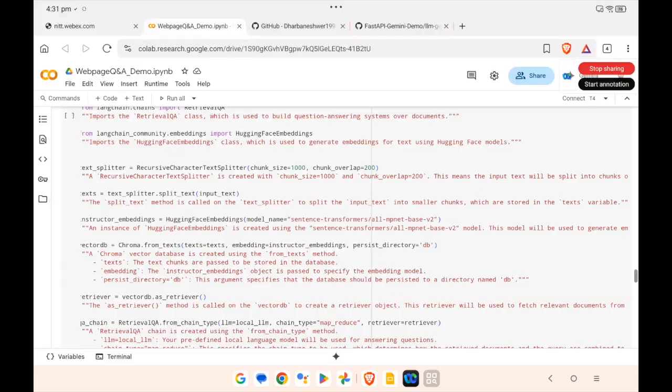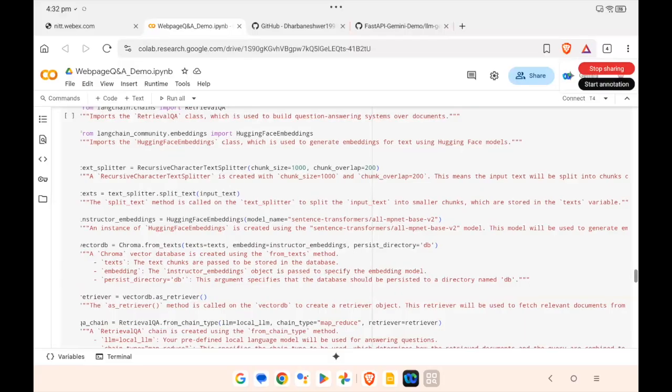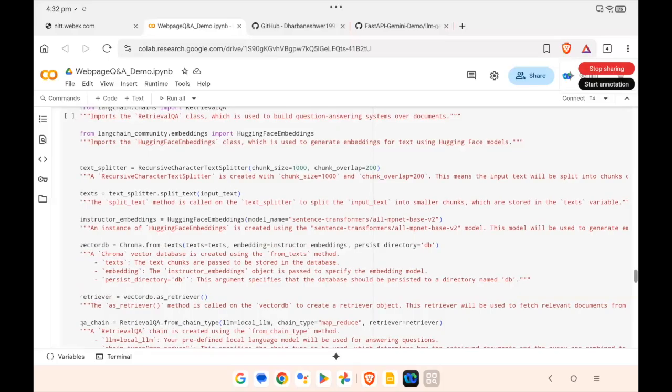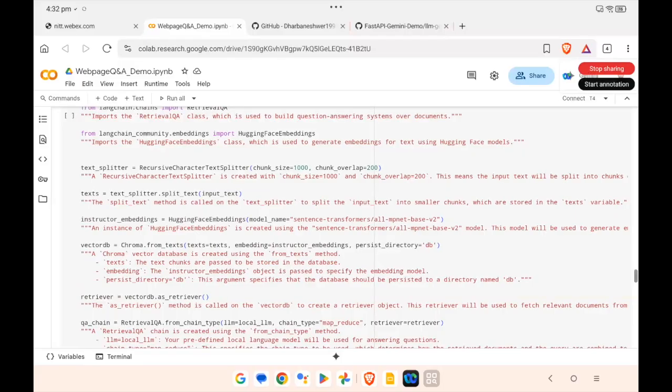Considering the model that you're using, let's say you're using GPT-4o or Gemini, which has a 1 million token context limit, yes, obviously you can afford that. But if you're using a very simple model, which has 4,000 tokens only as the token limit, definitely that is not affordable. So that's where we go for the RAG approach. So this one is a simple RAG approach.